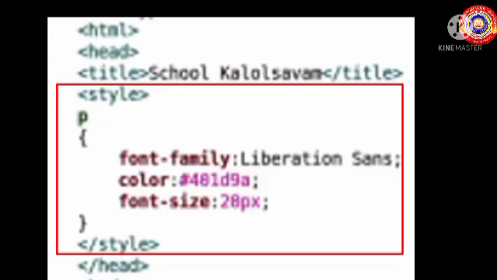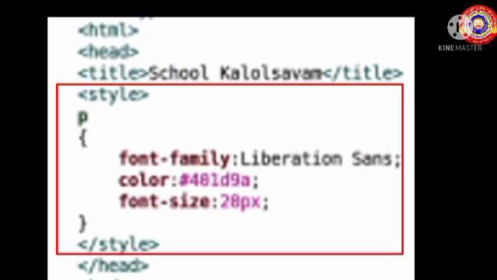Note that while mentioning the properties, we have to use a semicolon after each property. For giving font family, we have to use the attribute font-family. All are in small letters, then colon, then give the desired font family, then semicolon.